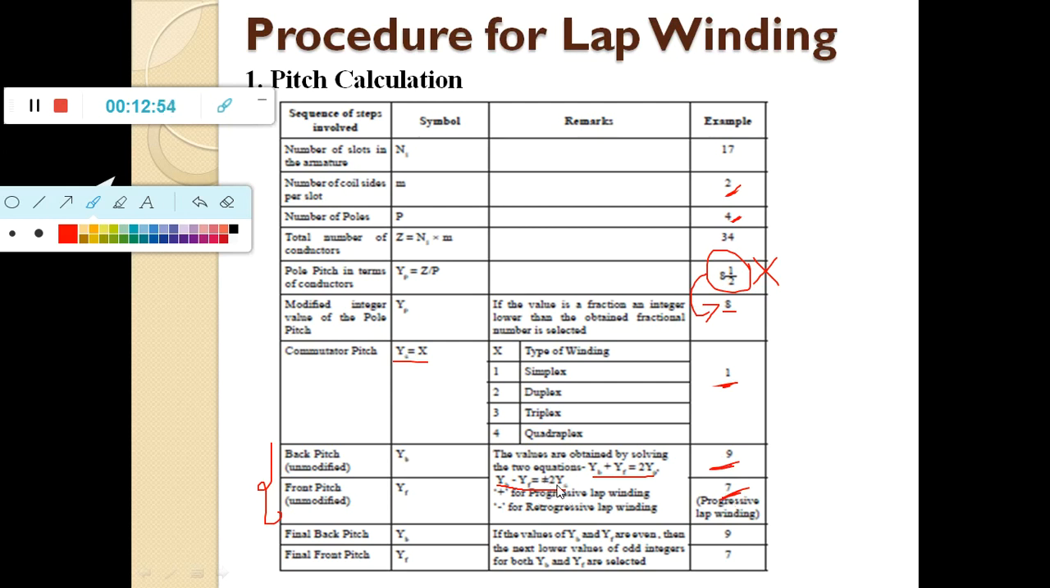Here plus is for progressive lap winding. If the lap winding is progressive in nature, then it is plus. If it is retrogressive, then it should be considered negative, minus 2YC. Okay, so